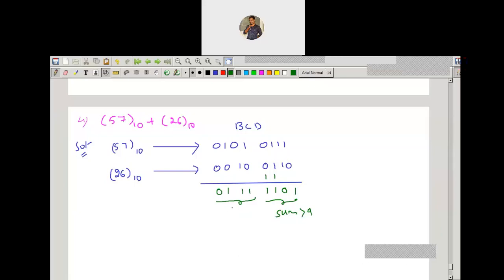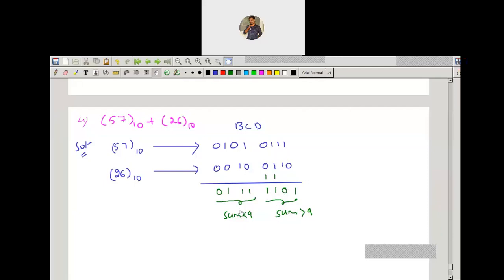So obviously it is the wrong answer. And you can observe these two sums here. So one sum is what? One sum is more than 9, and one more sum is less than 9. Here you didn't get any final carry. In the two cases, you didn't get any final carry. So you can take this right side sum as the third case. That answer is wrong and you have to add 6 to the obtained answer.